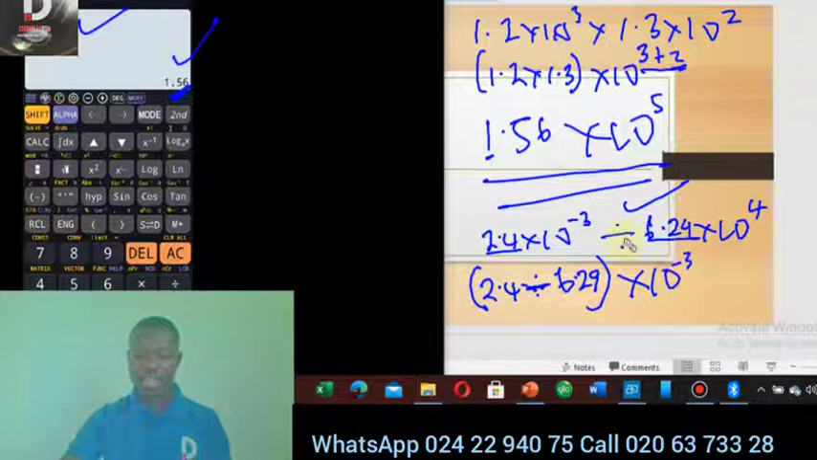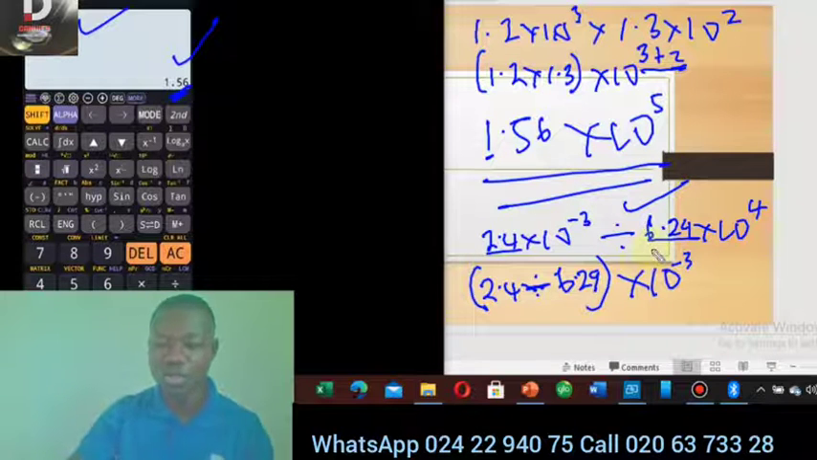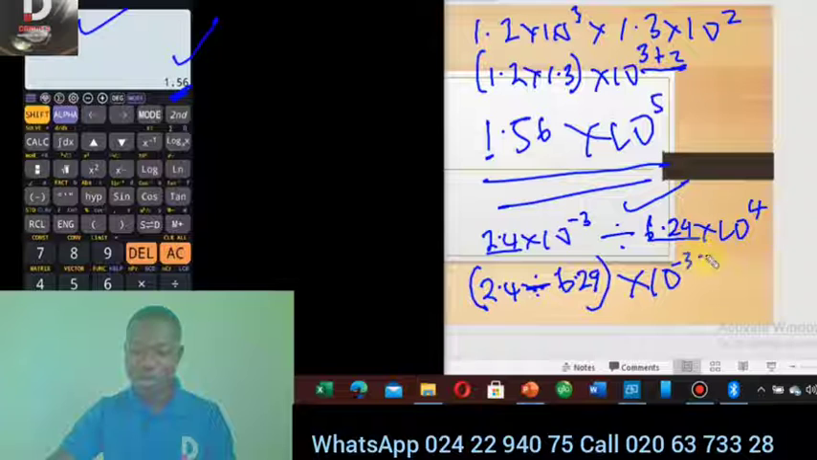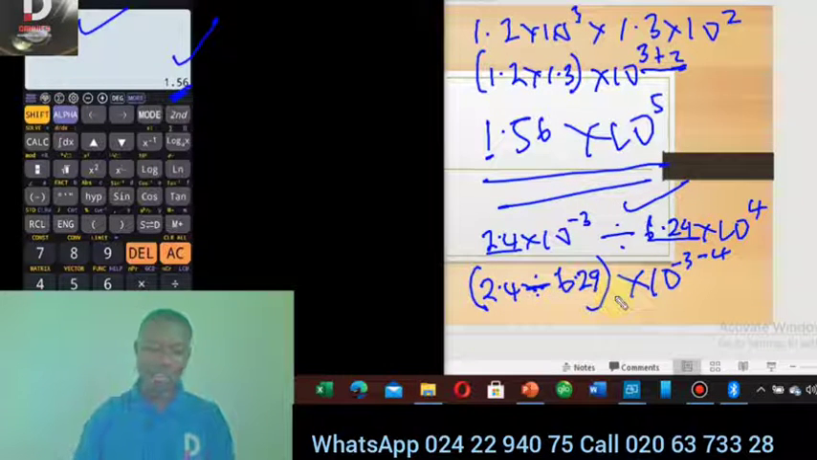Negative 3. Now this is division. So when it's division, what do you do to their powers? Subtract their powers. So minus the next power 4. So finally, what do we have? So let's go to our calculator and type in 2.4 divided by 6.29. So what did we get? We had